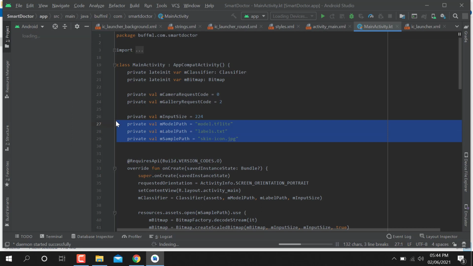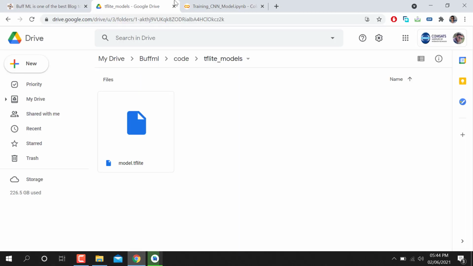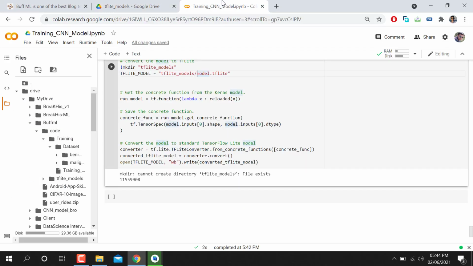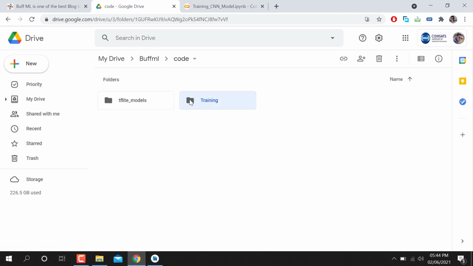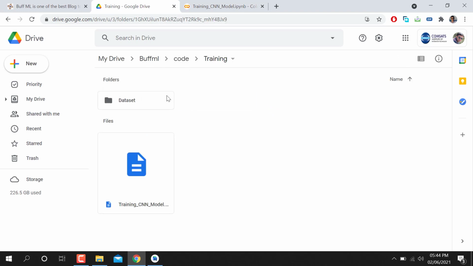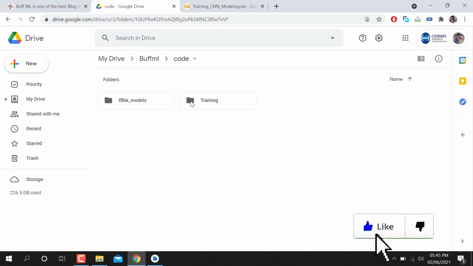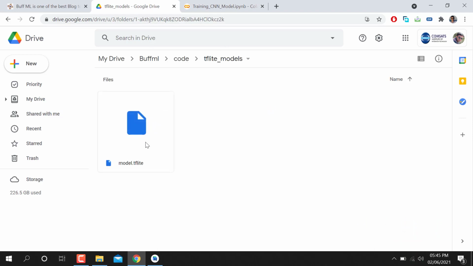If you have a different data set and you want to make a different kind of app, first of all, you put your own data set with your classes, whether you are using a binary class or multi-class, and after training the model, it will generate this kind of TFLite file.